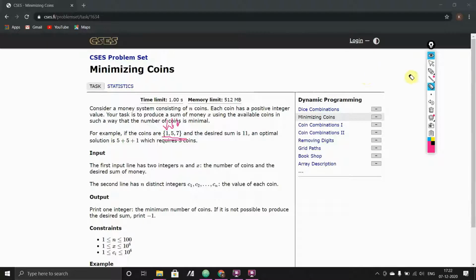Okay, now let's check the recursive algorithm for this. So let me erase this.